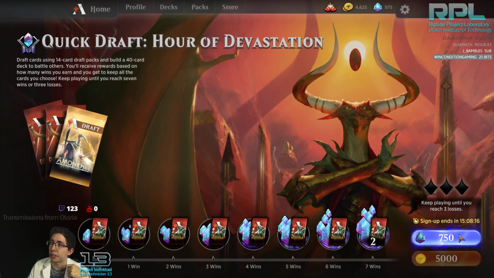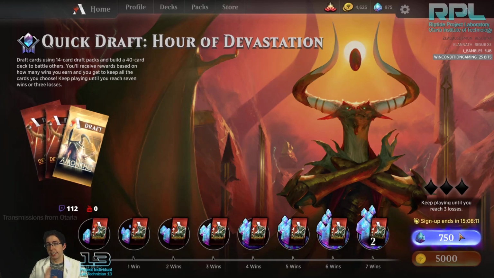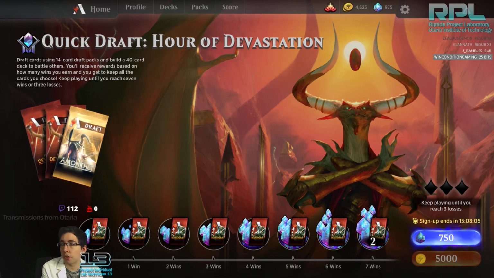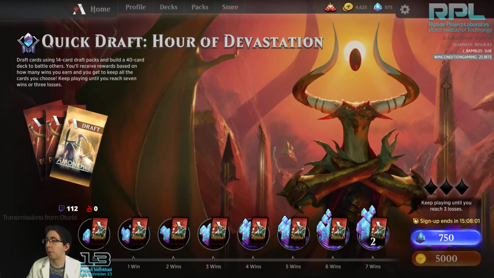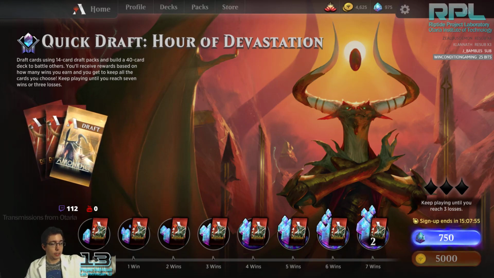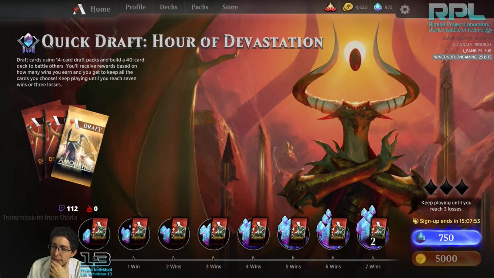I want to draft Hour of Devastation. I've done it once before. Let's go ahead and draft that. Let's switch over to that. So let's put a little marker here where we'll start our draft of Hour of Devastation. So Hour of Devastation draft. We'll put the marker right there, so we can do that for the stream marker for later. And we shall start this up here, potentially with let's do a little